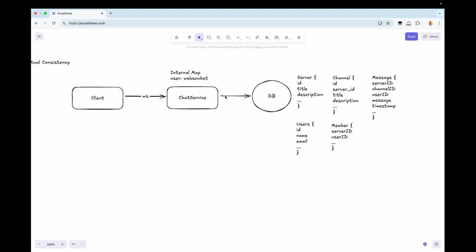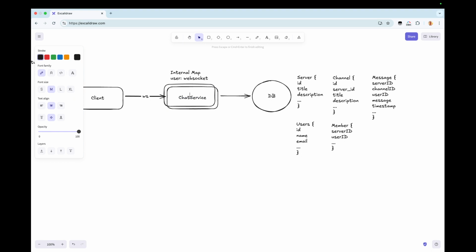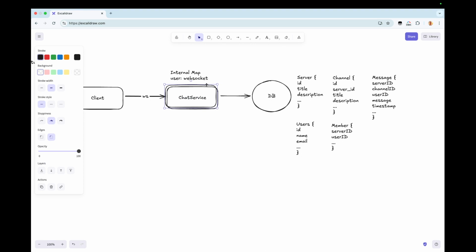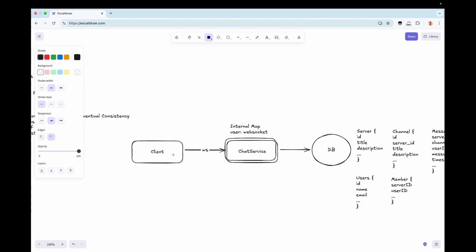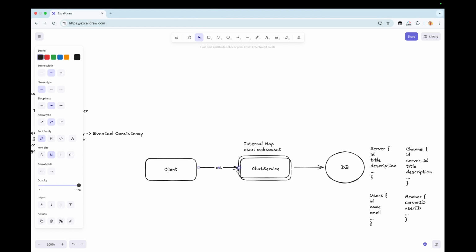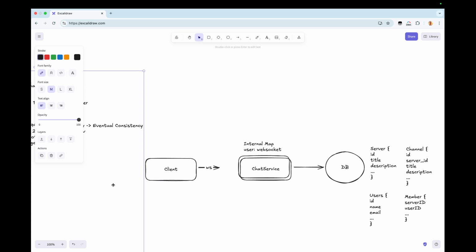Now a client opens a WebSockets connection to a horizontally scaled chat service, which means that they are not necessarily on the same instance of chat service. We are now on multiple instances of chat service. What we need to do is find a way to deliver the messages between chat service instances. The first thing that we're going to do is a pretty solid beginning approach, but we can talk about this more in depth.